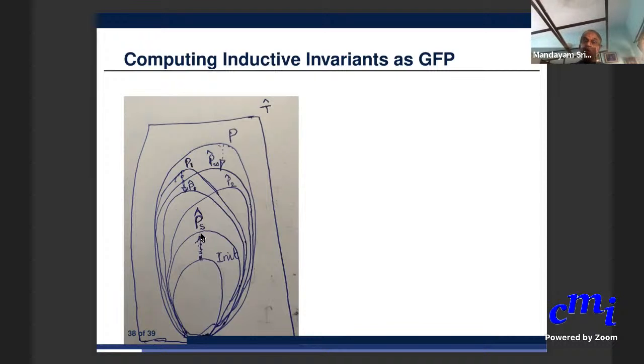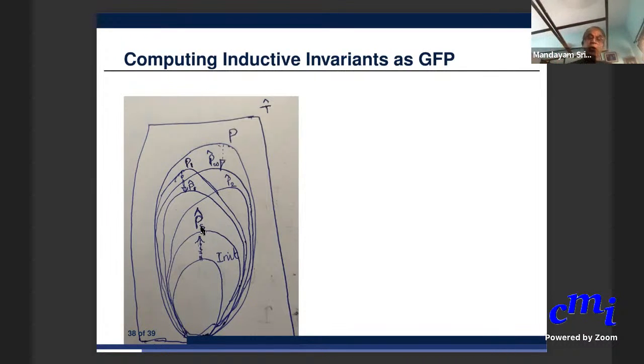That's also the strongest post condition for the loop as a whole. Okay. This is the strongest inductive invariant because it's inductive, because it's a fixed point. It's an invariant because it contains the initial state, because you started this entire iteration with the initial state. That's why it is an inductive invariant, and that is the strongest post condition of the loop entirely. Okay, because it contains the set of all reachable states that you can get to by executing the loop